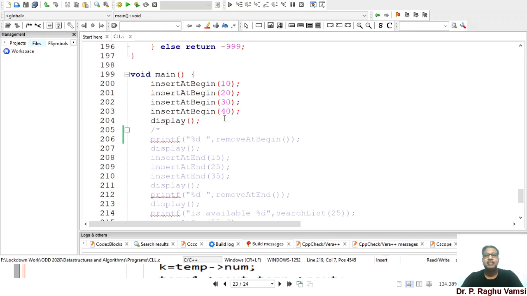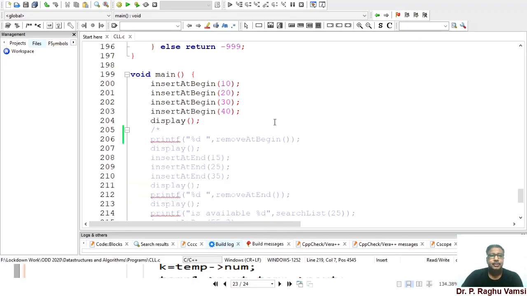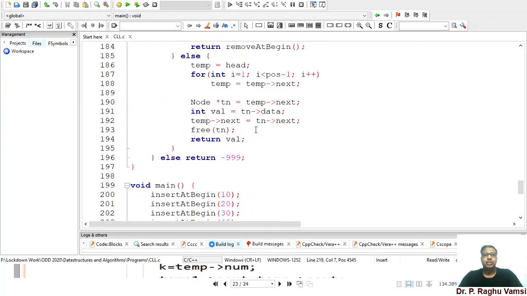Now, since the insert at beginning is there, it has to print 40, 30, 20, 10 as the output. Let's see whether we get the output or not. Yeah, we got this output: 40, 30, 20, and 10. So that means the code that you have written is successful now.